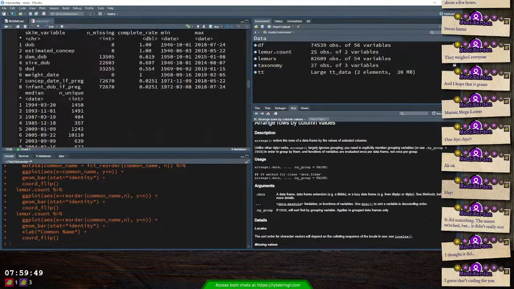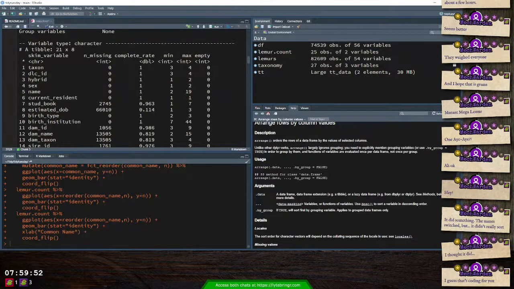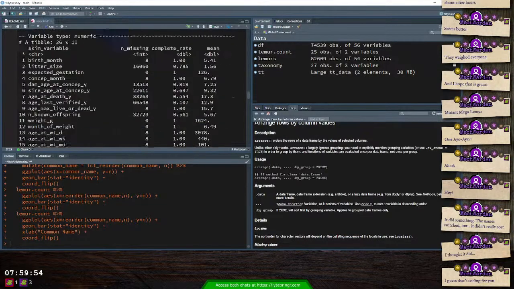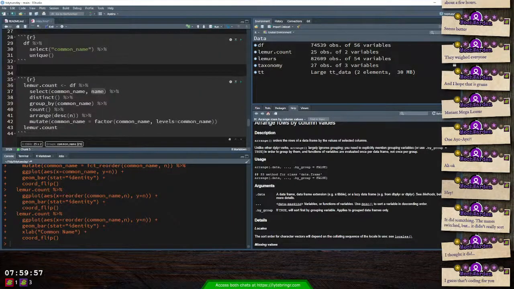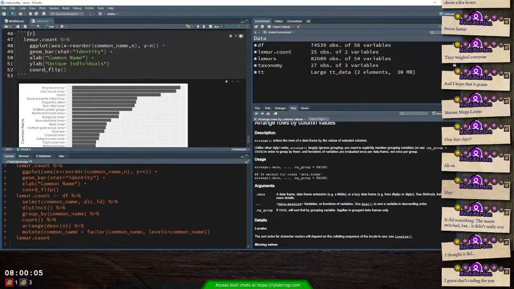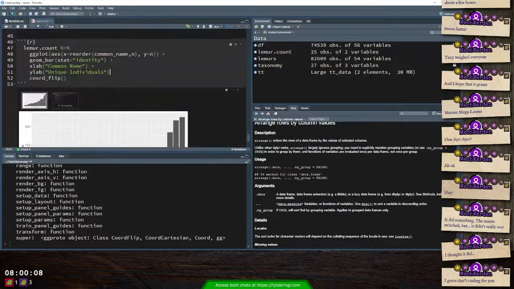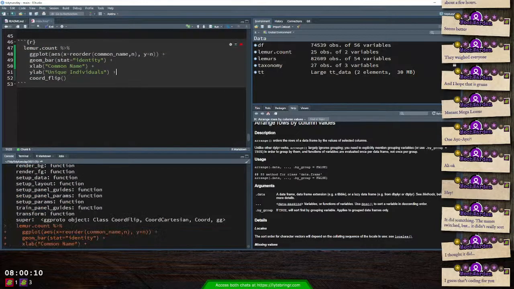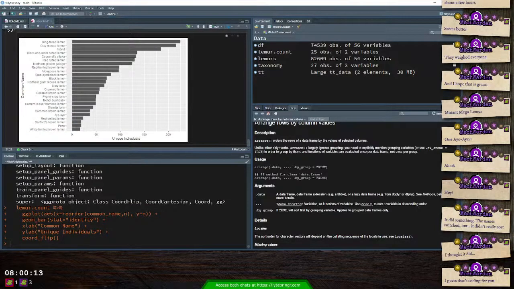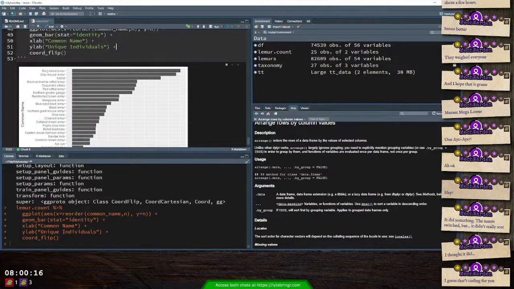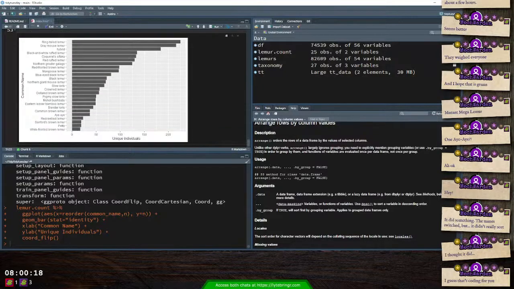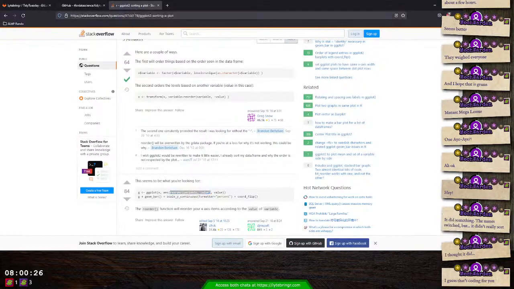We should be doing it by ID. Names are more fun, but less unique. And then